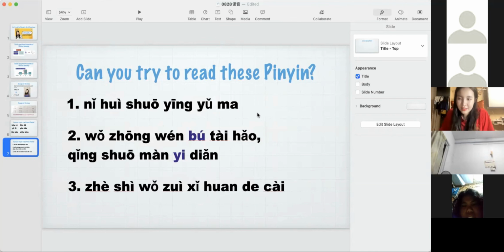Try to read the sentence. 你会说英语吗？Perfect. 我中文不太好，请说慢一点。Yes. 这是我最喜欢的菜。Yes. Slowly. Perfect. 谢谢 Sun，谢谢。对吗？对了，都对了。谢谢老师。